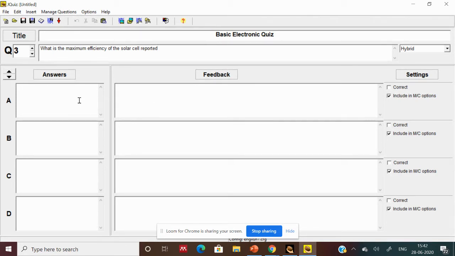Suppose I am giving the first option greater than 10, less than 10, 20, 2, 30, and 40. And I am marking 20 to 30 as correct. What is the meaning of hybrid? The question will come in the form of fill in the blanks, and you have to enter some data. Suppose you enter less than 10, so options won't come. When you enter data that is near 20 to 30, like 15, 16, 17, 25, 30, then the options will come. We will see how.